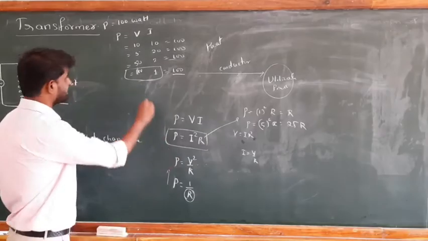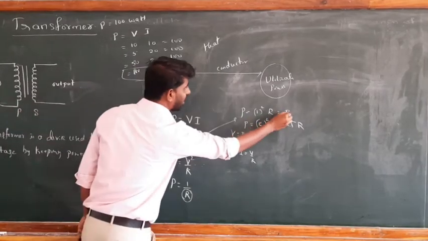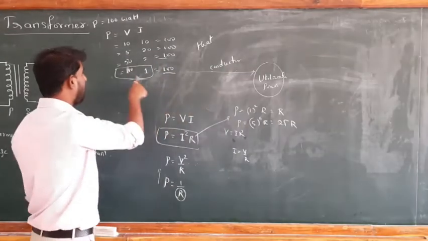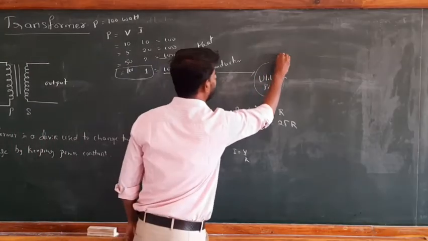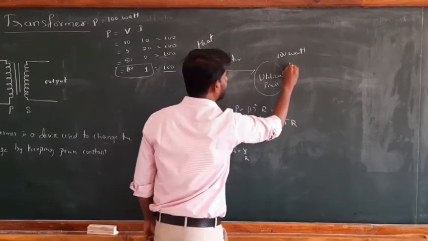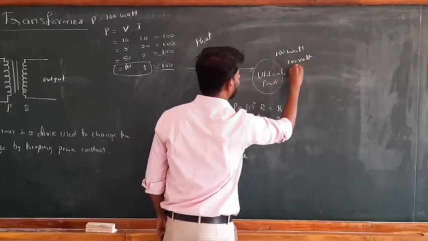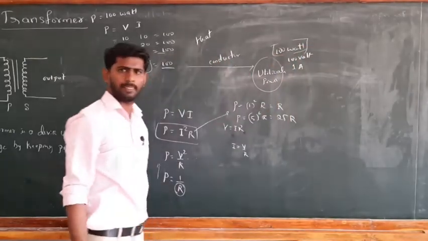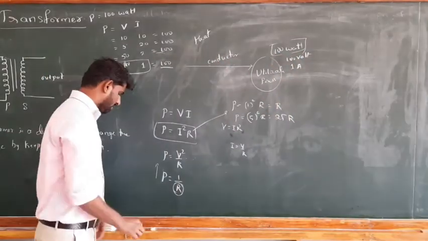So if you take the same thing in this form, only R, this much resistance is offered to the flow of current, and there will be high voltage, and again you get 100 watt with 100 volt and 1 ampere. 1 ampere into 100 volt, again you get 100 watt only. So this is the reason.